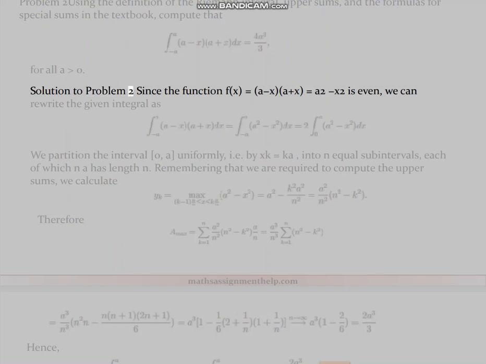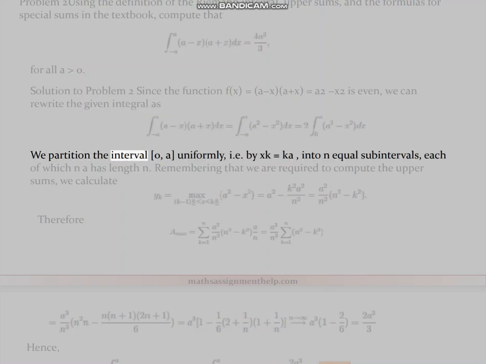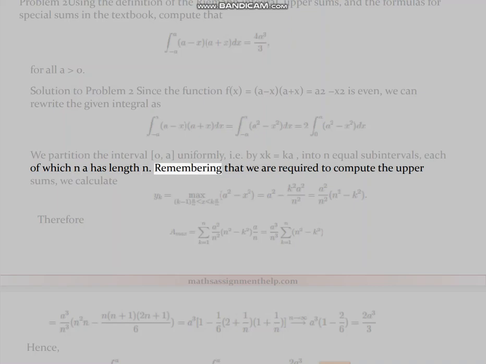Solution to Problem 2. Since the function f(x) equals (a - x)(a + x) equals a² - x² is even, we can rewrite the given integral as follows. We partition the interval [0, a] uniformly, i.e. by x_k equals ka/n, into n equal subintervals, each of which has length a/n. Remembering that we are required to compute the upper sums, we calculate, therefore,